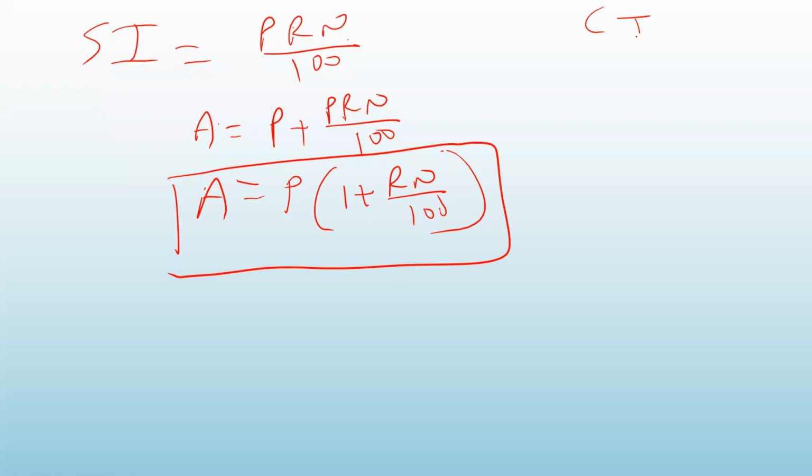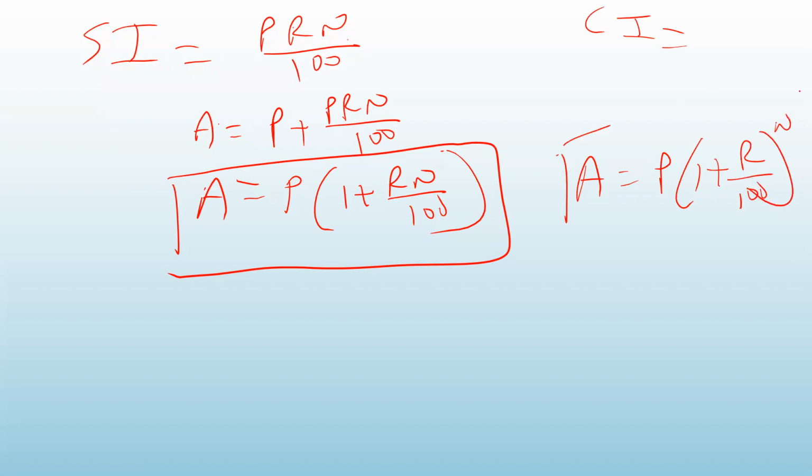And what is the formula for compound interest? What is the accumulated value formula in compound interest? P into 1 plus R upon 100 raised to power n. Here n comes in the power. See the comparison. In simple interest, amount is calculated as P into 1 plus Rn upon 100. Here A is equal to P into 1 plus R upon 100, and this n goes in the power. There, R is multiplied by n, and in compound interest this n goes as a power. So that is the way you can compare these two formulas.